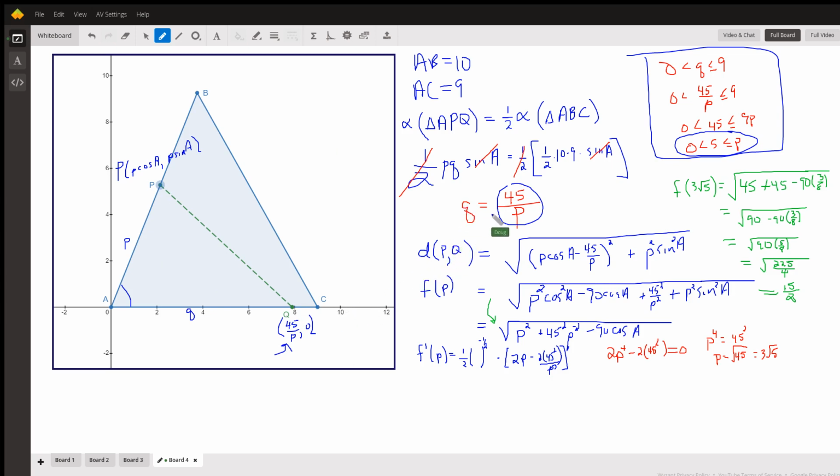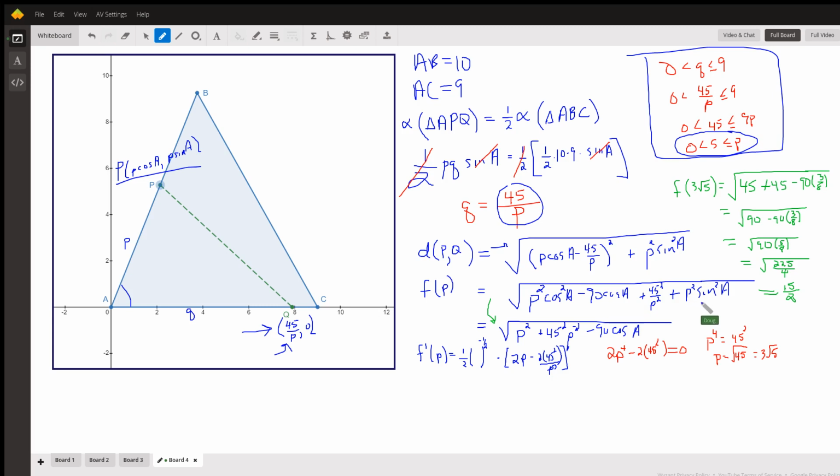Okay, so now that we've got formulas for the coordinates of P and Q, we can come up with a formula for the distance from P to Q. So it'll be the square root of the change in x squared plus the change in y squared. That's what this is right here. And if I square this binomial, which I've done here,